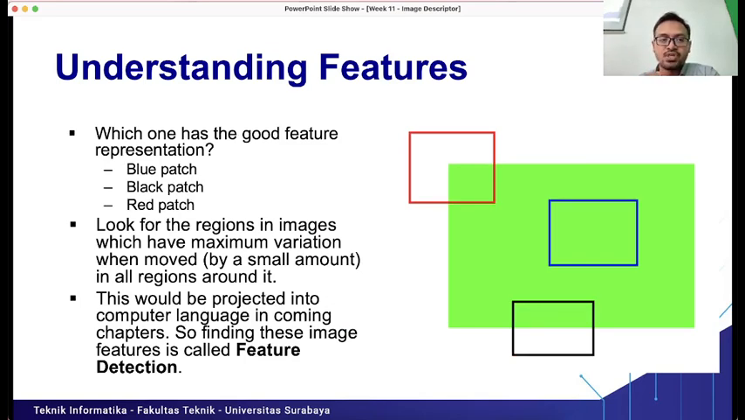So, understanding the features, which one has the good feature representation? What do you think? We have 3 different patches: blue patch, black patch, and also red patch, right? What do you think? The red rectangle or blue rectangle, or maybe the black rectangle, that represents a good feature from,